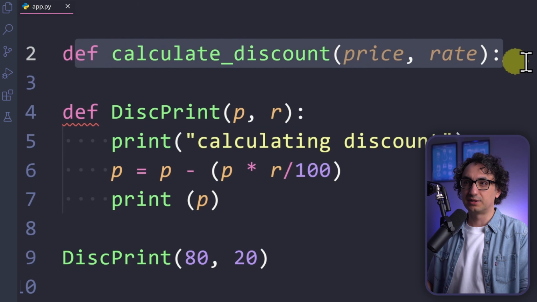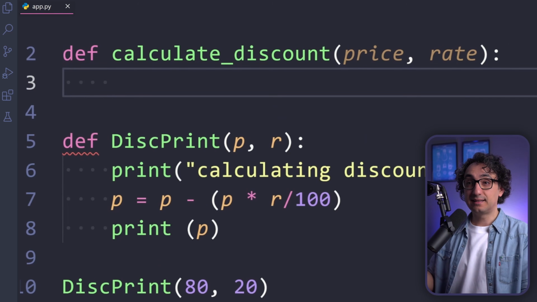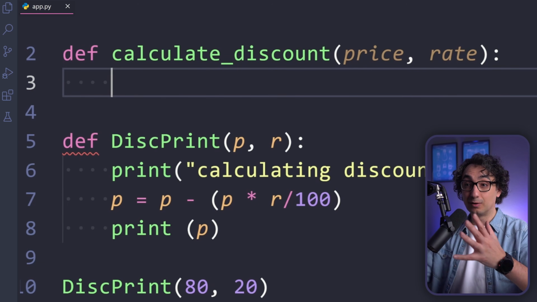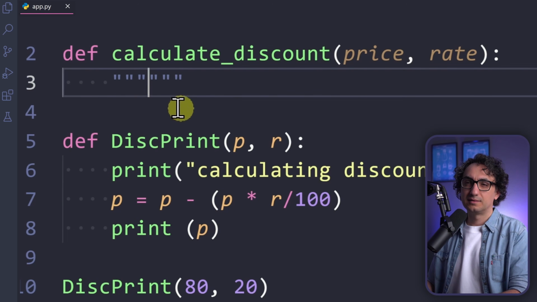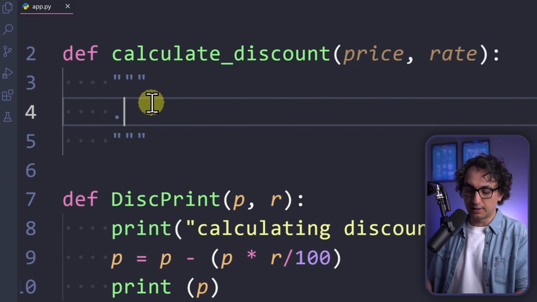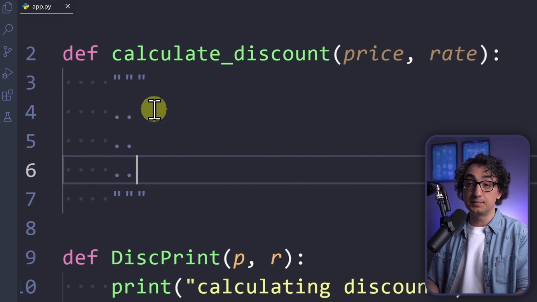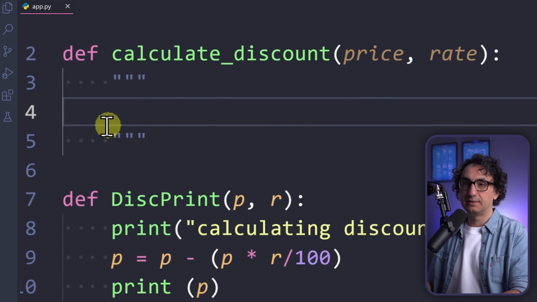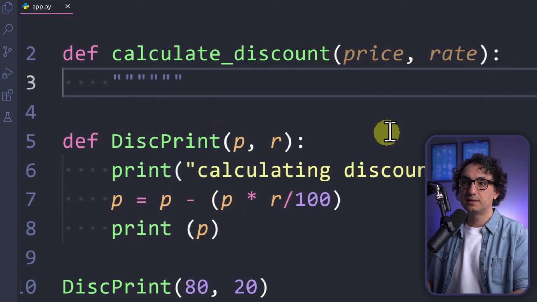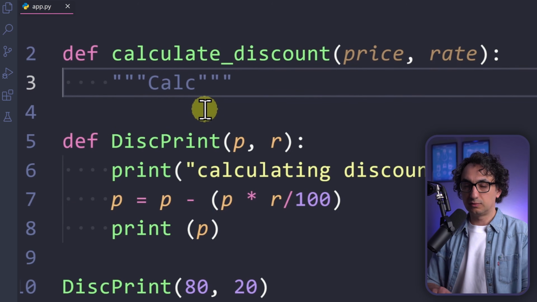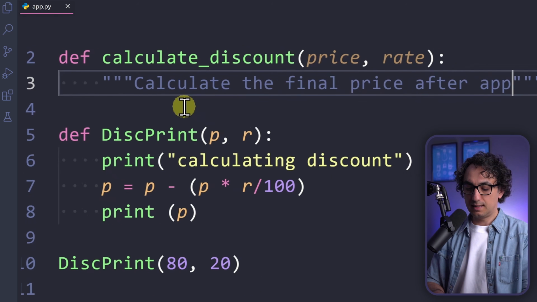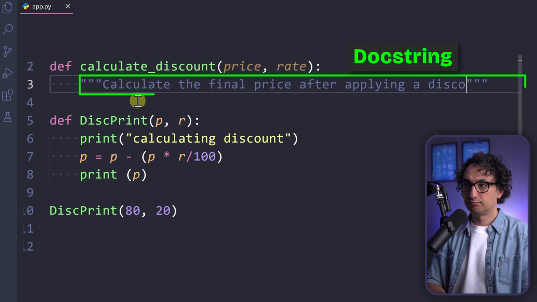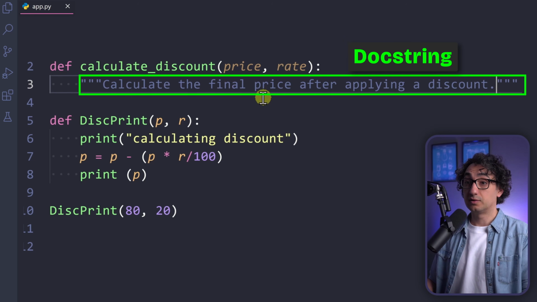So this is our function here. And now I'm going to go inside it. The first thing that we do inside the function is actually not writing the logic and the calculations. We write a description. In order to write a docstring, it is easier to write multiple lines of description, but for now I'm gonna have only one line describing the function. So it is very simple. Calculate the final price after applying discounts. So actually that's it. This is only one line.